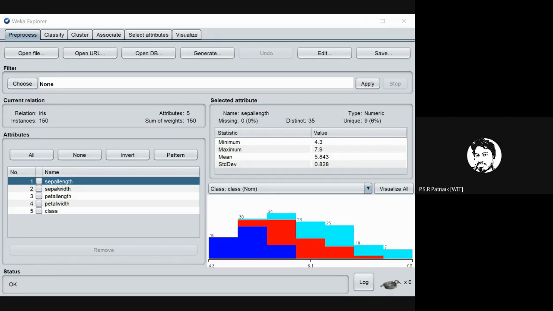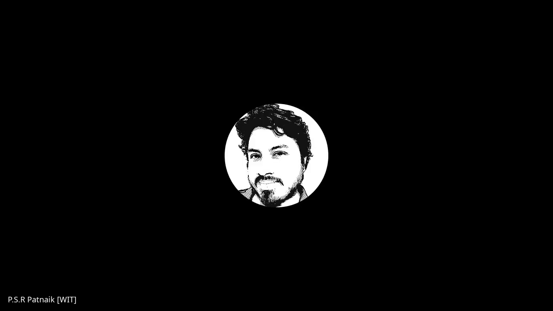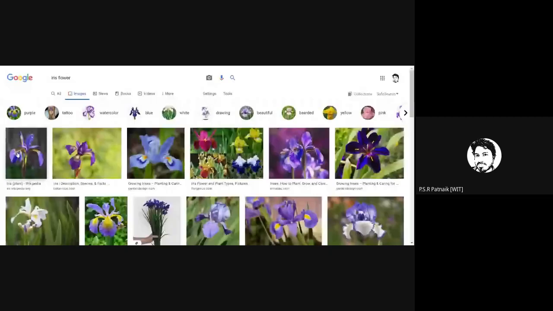Okay, so let me tell you what this data set is about. Then you will be more clear to understand what exactly this data set is doing. So remember, iris is a flower, right? So this data set is related to measurements of a flower.